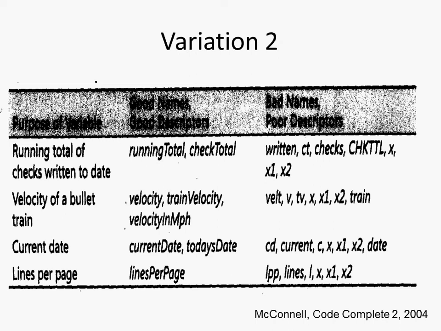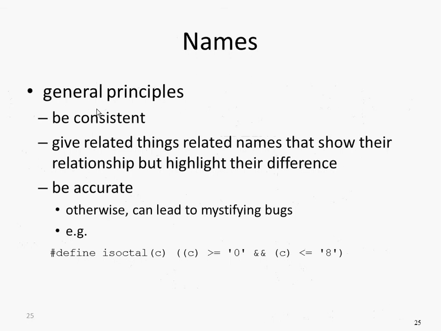It will probably spare you so much typing because of bugs you'll be able to avoid by being able to use a clear name. And besides, in many cases, we have autocomplete in today's editors, so it will automatically fill that in for you. So using names like on the left-hand side is not only required in this course, it will spare you a lot of grief. Okay, so the general principle for names: be consistent, give related things names that show the relationship, and be